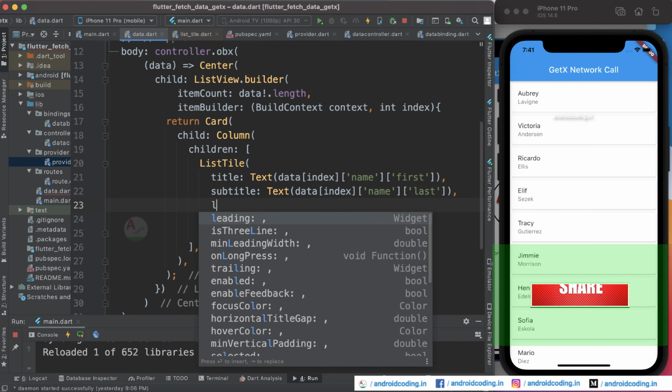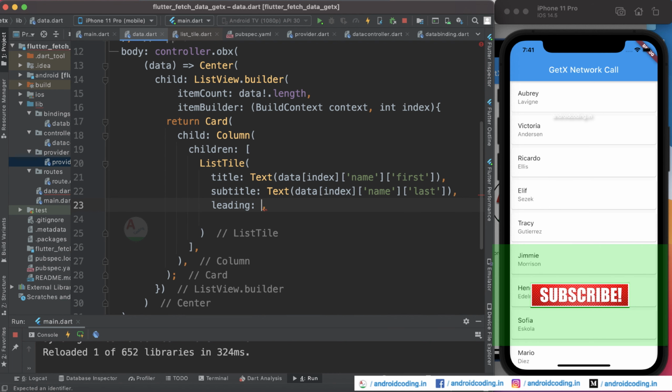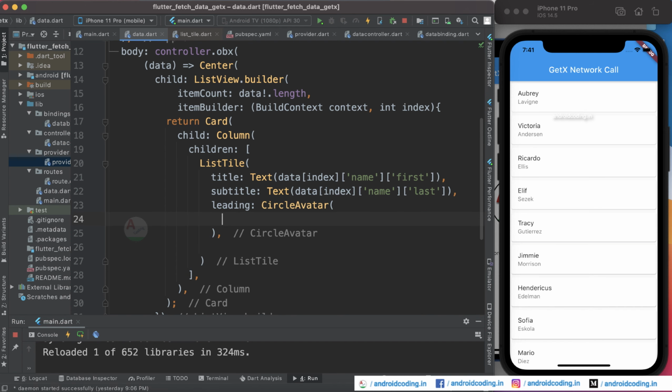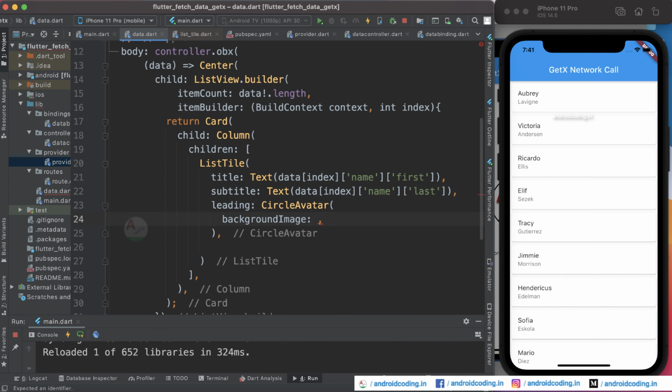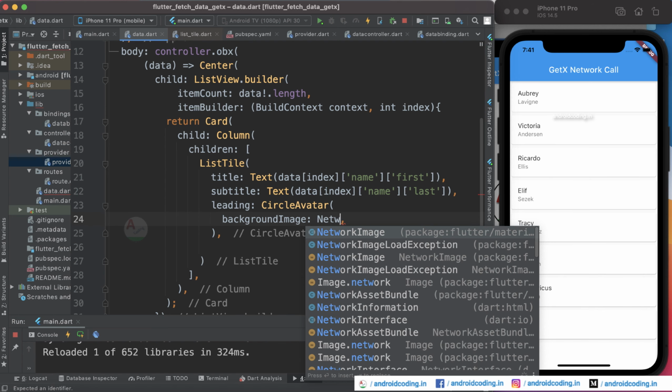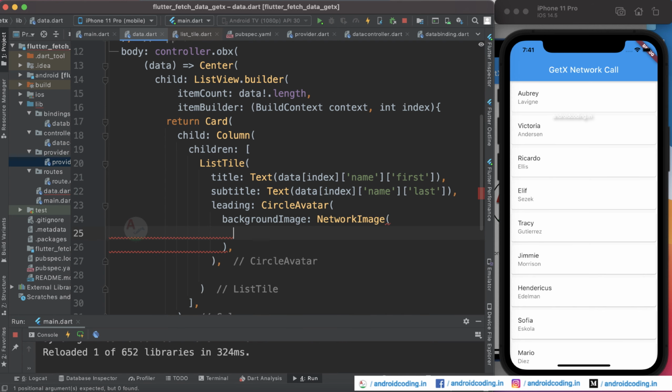So now let's make use of the leading here, and now I will be going to add a circular avatar here, and inside which we will be providing a background image parameter, and with the help of network image we are going to populate our thumbnail here.